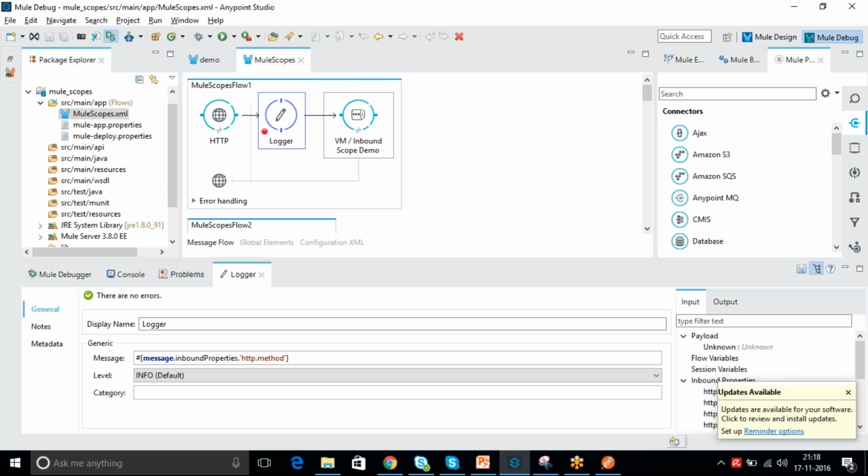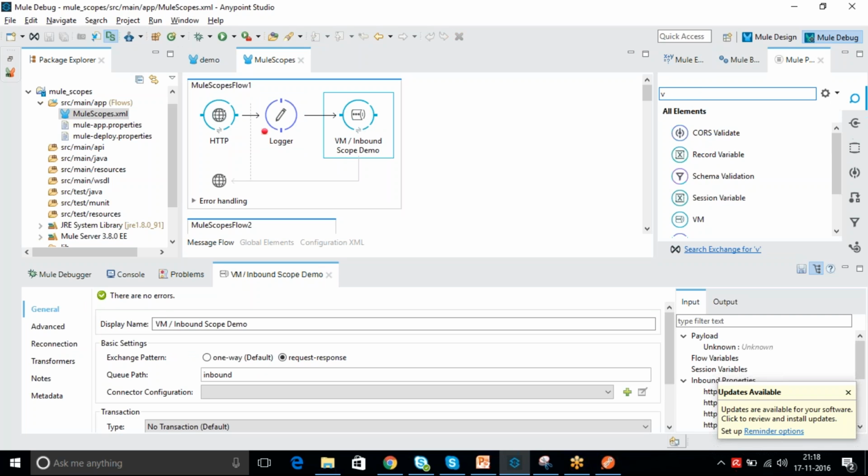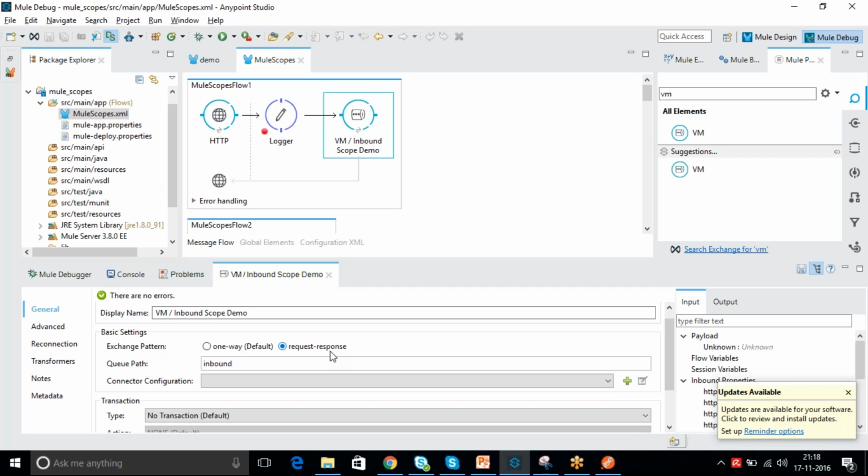And then I'm using one transport connector, a VM connector. You can just search for it here, you can see the VM. Just drag and drop it here, and the property you need to set is to make it request-response, because we are writing some message to this queue. It behaves like a queue, but it's a virtual message queue. So we are writing some message into this VM queue, and we want to read the same message that we posted